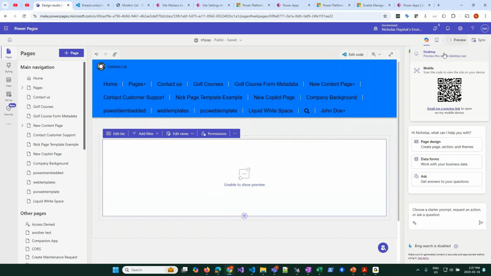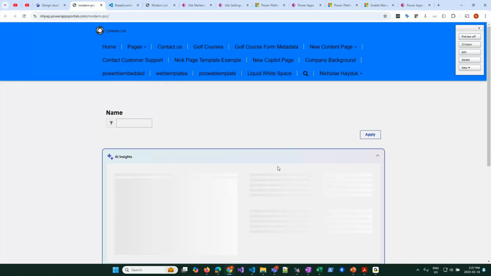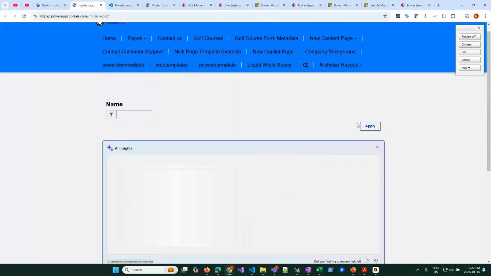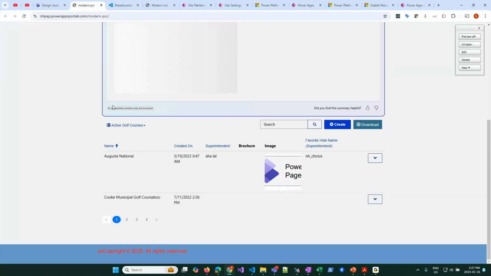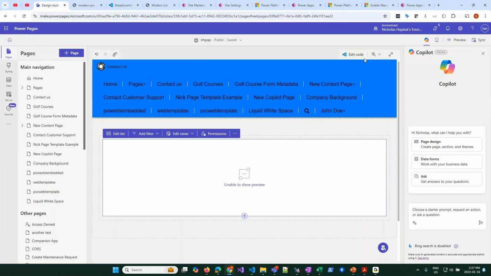Unable to show preview, that's fine. Going to open this up. And we should see, I might need to log in. Oh yeah. So now we've got this list on the page. I'm going to make this AI insight stuff go away in a second, but I've got my classic list component. And if I were to go back to here and say edit code,